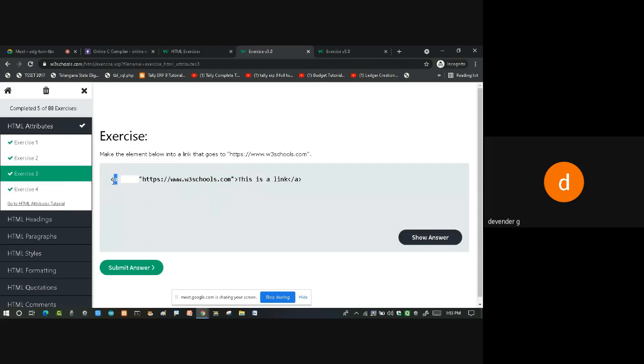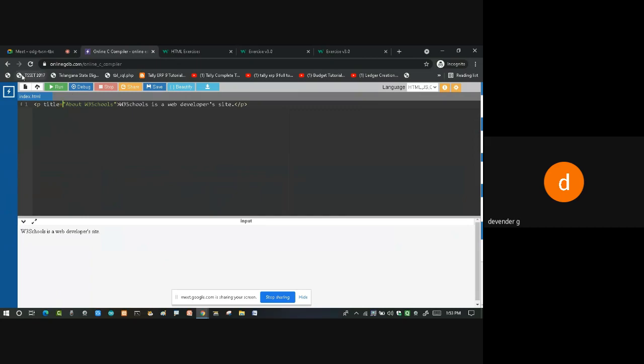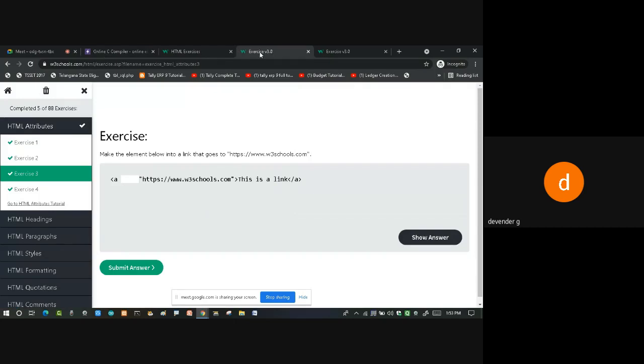Now what is this A tag? It's a hyperlink tag. See, whenever I click this, it is going to open a new page. Now when I go to any website and click on any of the links, it is going to open that particular link. So how is it happening? Because it is happening through the hyperlink tag. So what hyperlink tag are we using? We are using a tag called A.